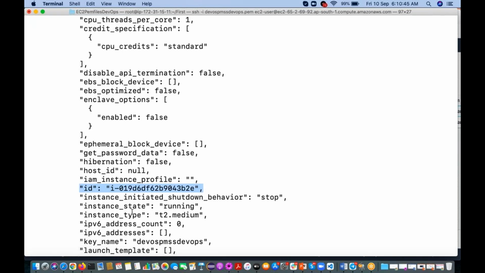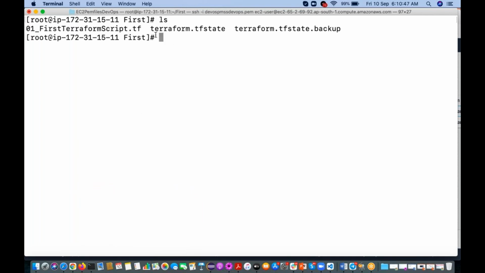Suppose I remove this terraform.tfstate file, and if I execute the terraform apply command, is it going to create one more EC2 instance? No? Yes? It will create it, right?